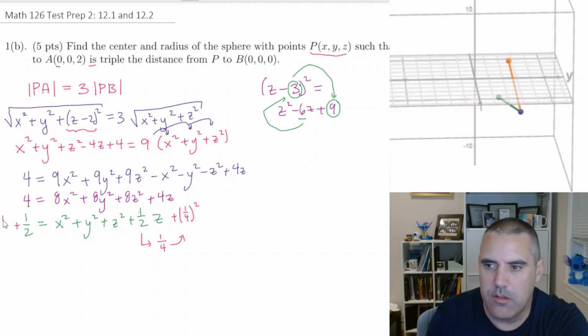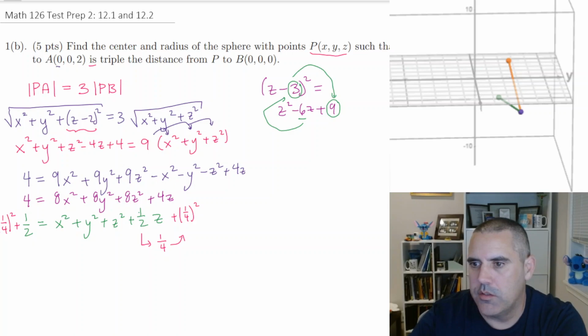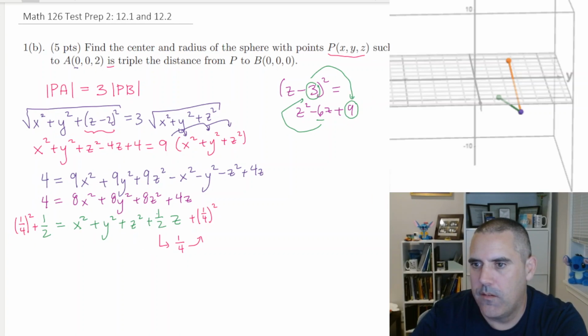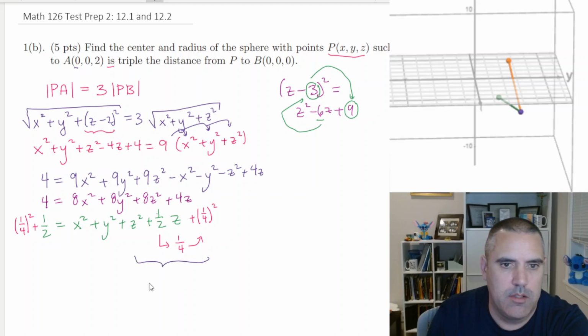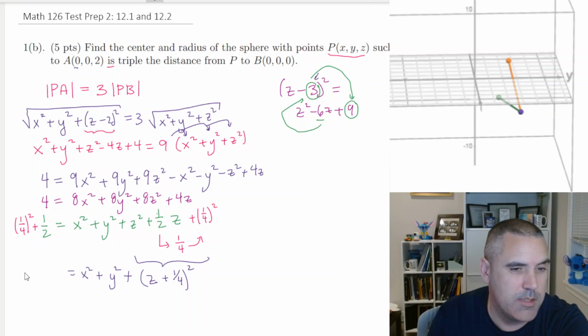We're trying to change the look of it. Oops, I'm getting a little off the screen. Let's do a little adjusting here. Okay, that's it. And at that point, we're done. This is going to be z plus a fourth, squared. Notice that's half the middle squared. And then we have y squared. We have x squared. And the radius will be the square root of whatever this is,